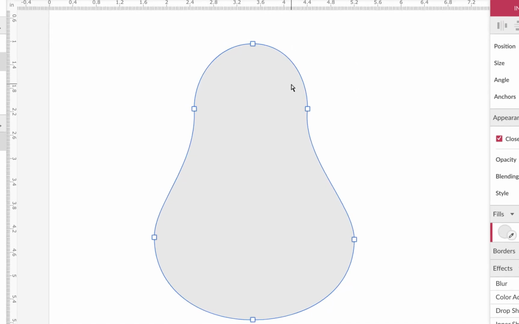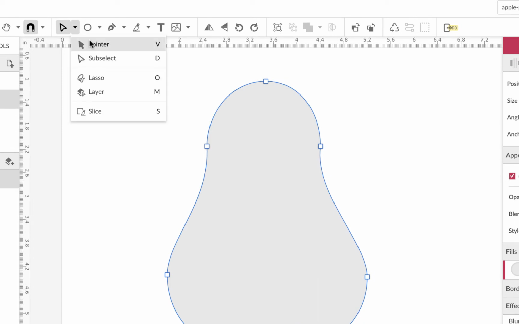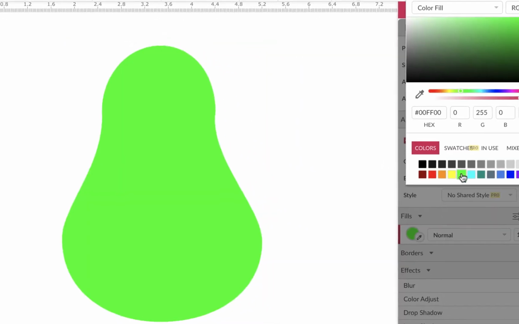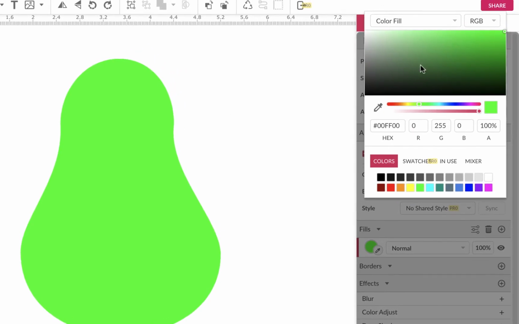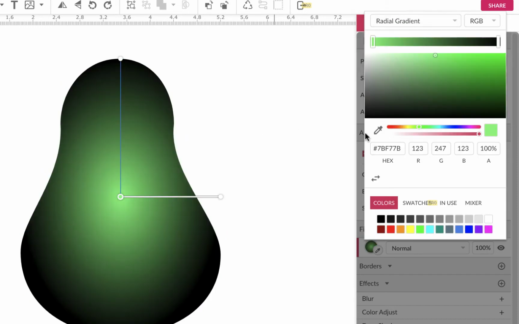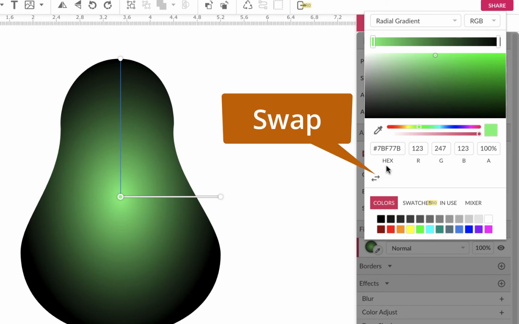And right away we can give it a gradient. And I like to go back to my pointer tool to do that. And I'm going to go on my fill. And I'll just give it a green color to start. Now that's really kind of harsh lime green, so I'll kind of tone down the saturation right now. And then I can go to radial gradient, and I'll swap it because I want green on the outside, so I'll swap this,